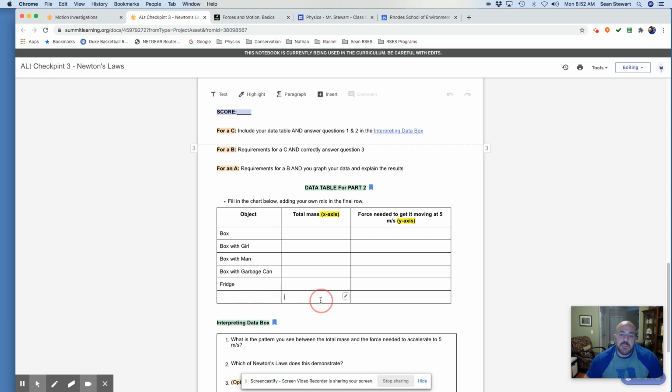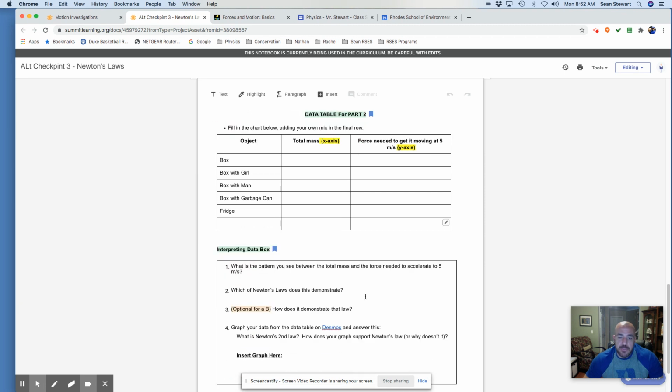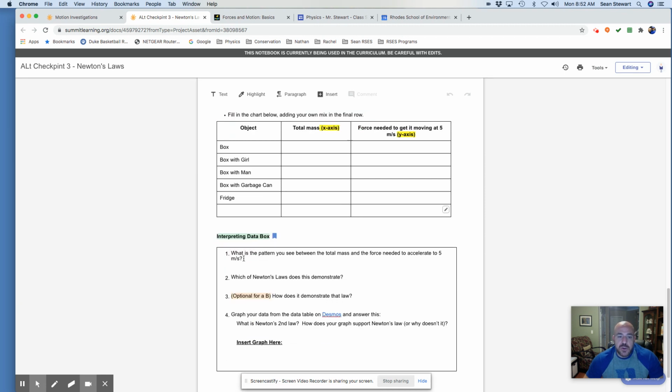And notice there's a blank down here. That's for you. You can pick anything you want, or any combination of things, just make sure you record what thing or things you were doing down here, what's their mass, and how much force it took to get them moving at 5 meters per second. After that, you have 2 questions you must do. What is the pattern you see behind the mass and force you need to get to 5 meters per second? In other words,